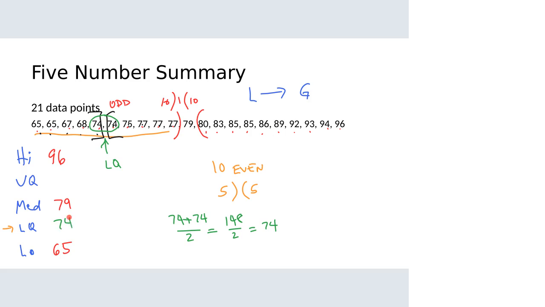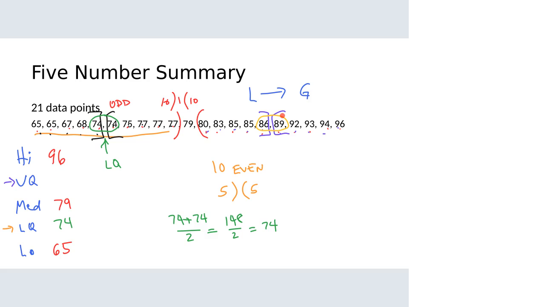We're going to use the exact same process to find the upper quartile. The upper quartile is the median of the upper half. Again, that's these 10 data points right here. The median is not a part of the upper half. It's not a part of the lower half. So it's only those 10 data points. We'll go 1, 2, 3, 4, 5. 1, 2, 3, 4, 5. And so our upper quartile is going to be the median of the upper half,